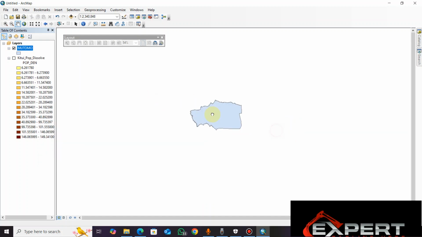and the only thing you should note, this layer inherits the data and the features of the parent layer, which is Kitui Pop Dissolve. So this is a child of Kitui Pop Dissolve. So if you right click and open its attribute table,